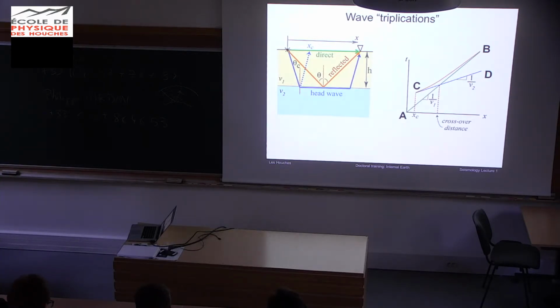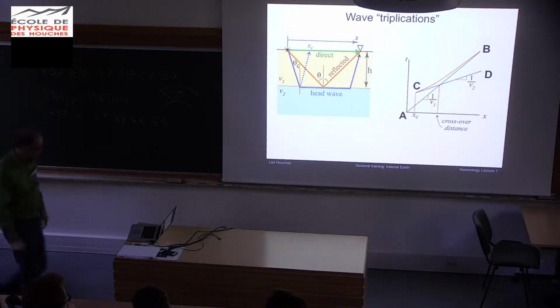Yes, that's right. You would have different names. So it really depends on the situation and the velocities being used, because these triplications can actually be born from just a change in the velocity gradient. And that happens in the outer core with the P waves. So you have these AB and BC.